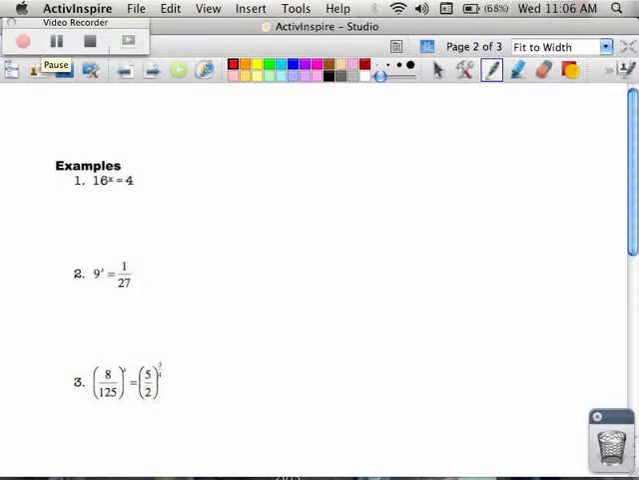Okay, example number 1. One of the things that's important is to know how to solve equations with exponents. So the big idea oftentimes is to get the bases of the